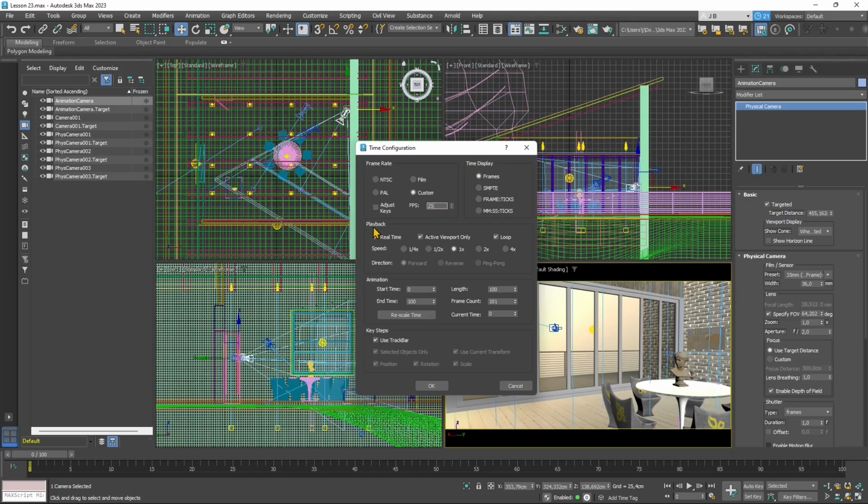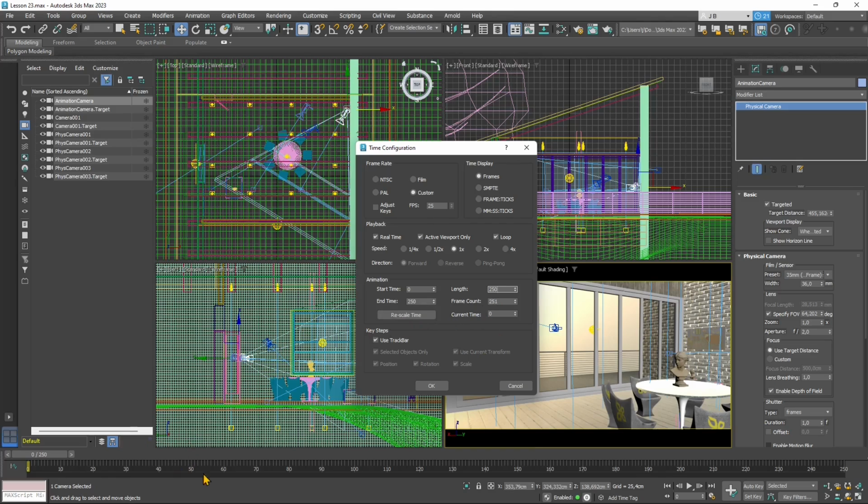And also you have other stuff here like the playback, if you want real time, if you want to loop, if you want to increase or decrease the speed, and you can define a starting time for the animation and an ending time, or you can change the length. So you have all these different values here that you can customize. You can see the timeline now got a little bit bigger because we increased the end time. So let's say we want to create 10 seconds of animation. At 25 per second, we need